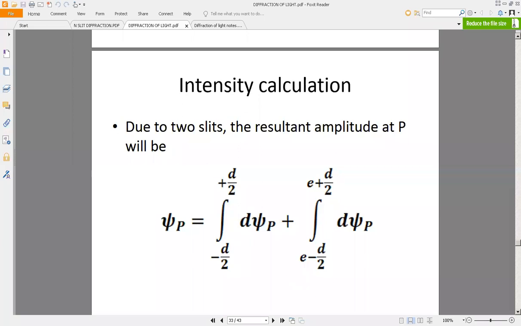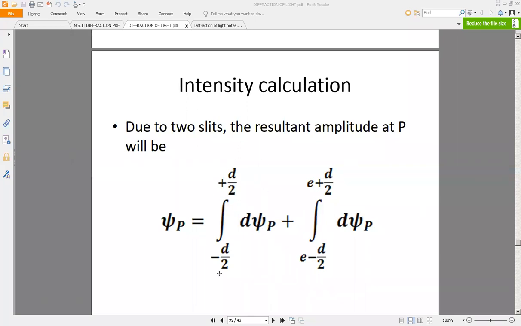In a crude example, like the clapping whatever I gave in the previous class as an example, earlier I said there are 60 students in the class. I was standing on the dais and I asked everybody in the class to give me a clap. That was the single slit. Now, if I call the second section also, if I call two classes, both 60 students, the first 60 will be beating me and the next 60 also will be beating me. So the resultant contribution that I have received, I can calculate only by integrating from the first slit and also from the second slit. Unless I do this summation over both the slits, I cannot get the resultant intensity.